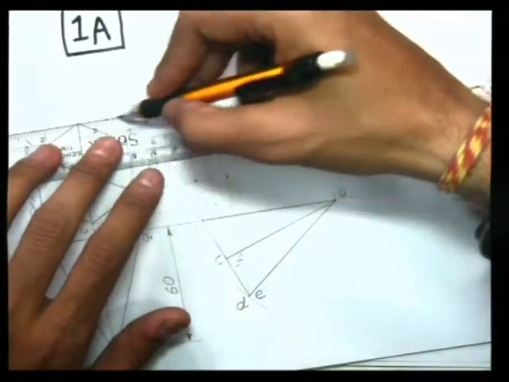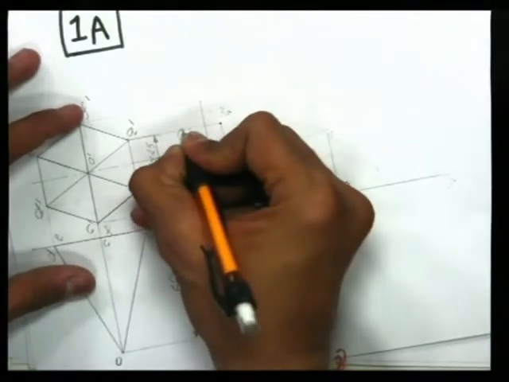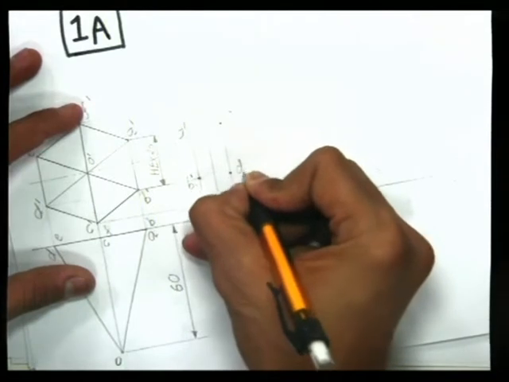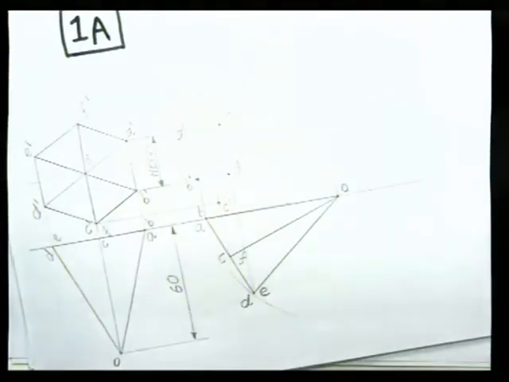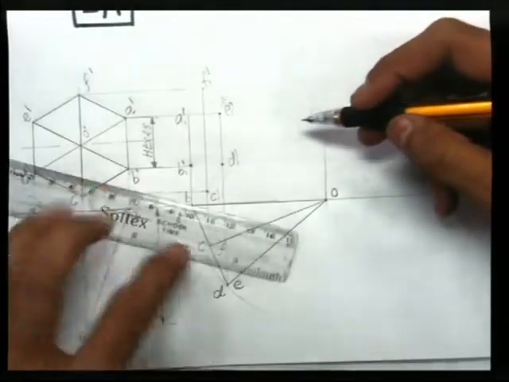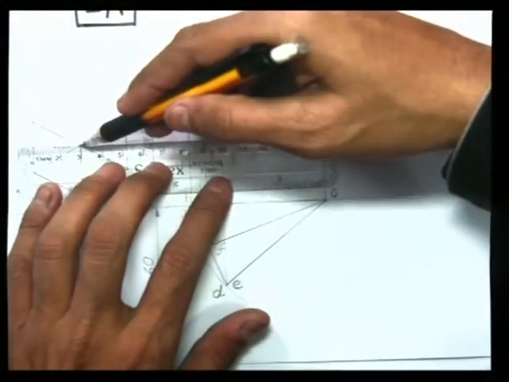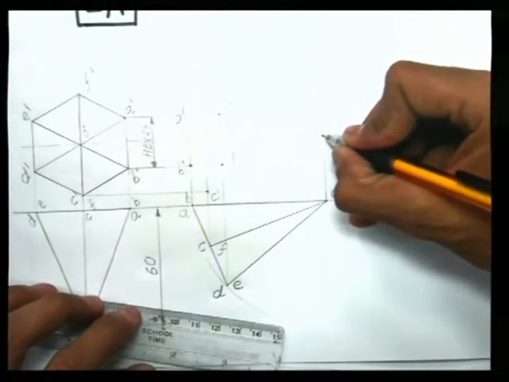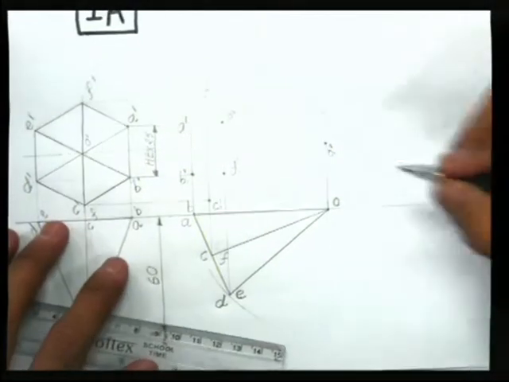A horizontal line from point F dash, a vertical line from point F. So the endpoints are like this: A1 dash, this is B1 dash, C1 dash, D1 dash, E1 dash and F1 dash. We have identified 6 points and the apex point O. So for that, draw a horizontal line from point O dash and transfer that point on this side, and the vertical line from point E will cut that horizontal line at point O1 dash like this.